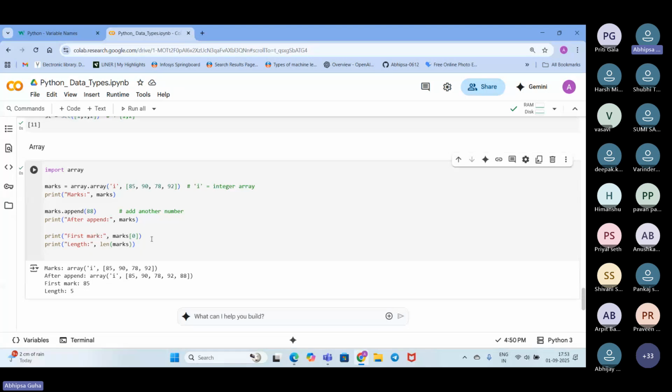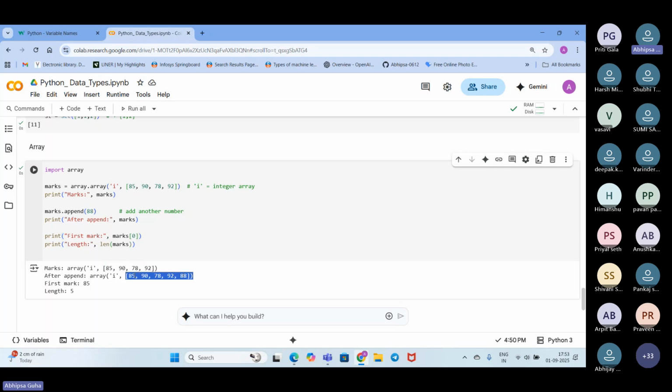Here also, in the same way as in a list, we can access the values present in the array through the index value. So this is my updated array.